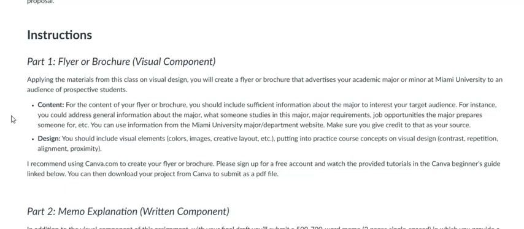And so for the content of that flyer or brochure, you'll want to make sure you're giving sufficient information about the major so that your target audience gets a good sense of it, gets their interest. So for example, it might be more general information about the major, such as, what does somebody study in this major? What are the requirements? Or what can you do with this major? Like the job opportunities that this major might prepare you for,